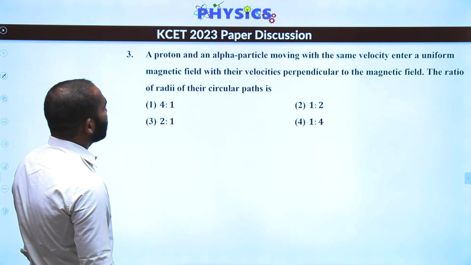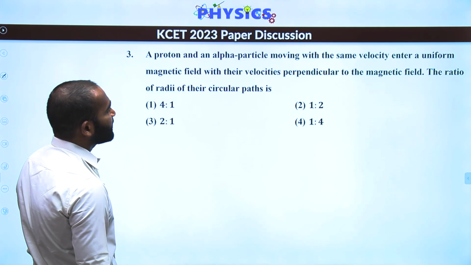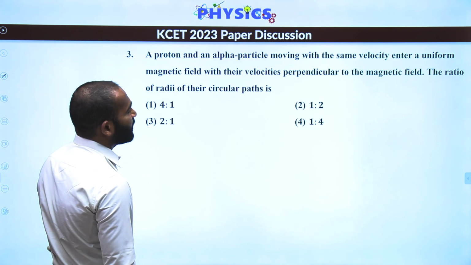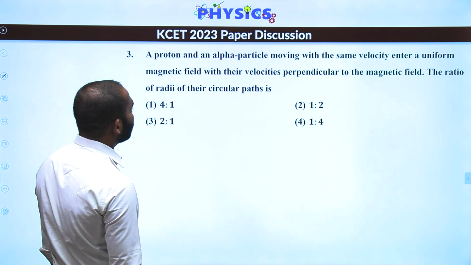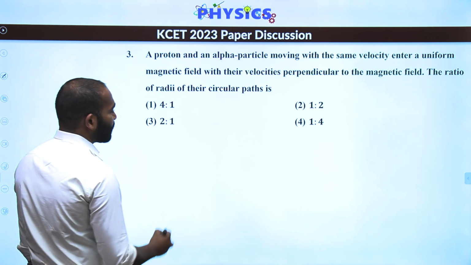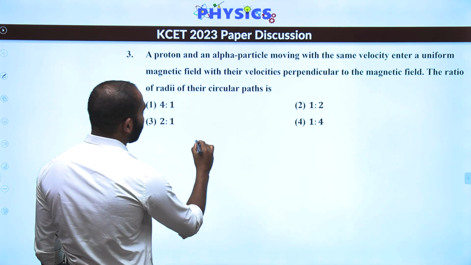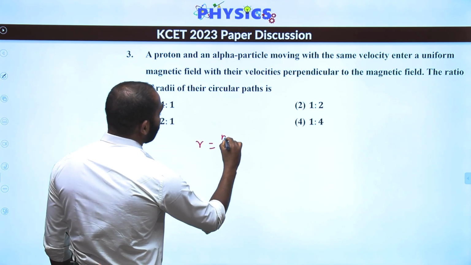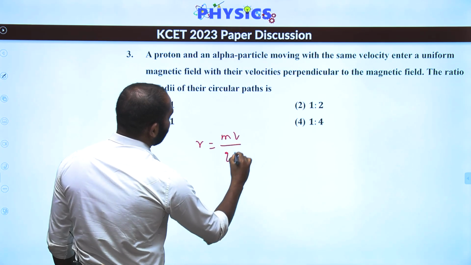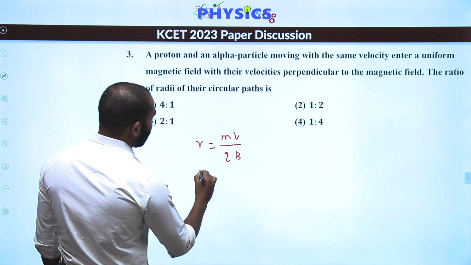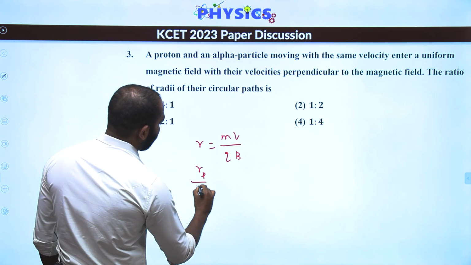Now third question, a proton and an alpha particle moving with the same velocity enter a uniform magnetic field with their velocities perpendicular to the magnetic field. The ratio of the radii of their circular paths is. We know the radius formula when charges move in a uniform magnetic field, where R is equal to mv upon qB. Since the speeds are the same and the magnetic field is the same, R for proton upon R for alpha particle